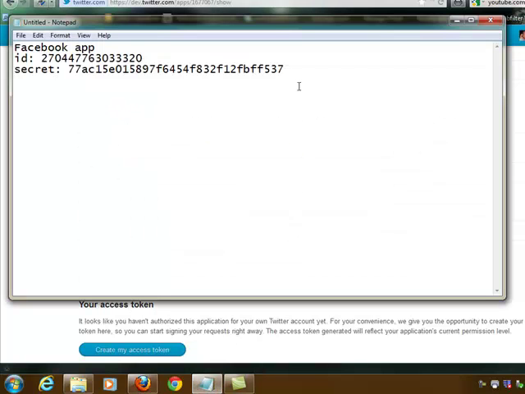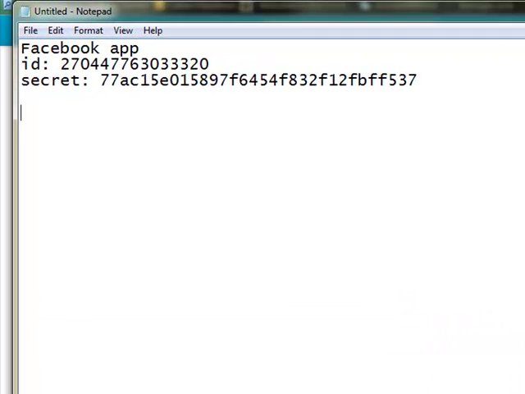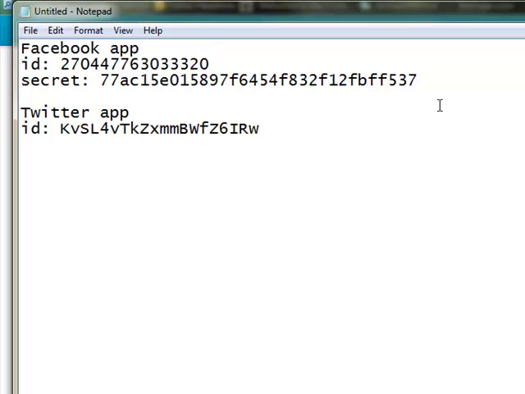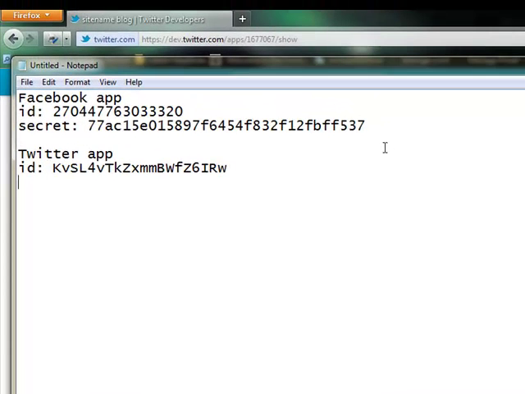Now I have my Notepad up from an earlier Facebook app integration, so I'm just going to space down and put Twitter app, returned, and I'm going to say again the ID for the consumer ID, space, and I'll hit Control V for Victor for paste. You can also right click and choose paste, and then I will return, and I will type in secret